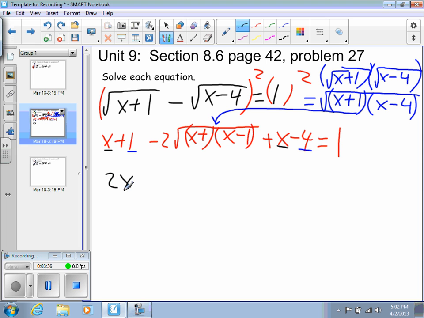So I have 2x, and then when I combine my 1's, I've got 1 minus 4, so it's actually going to be, sorry, let me put the x back, and it becomes minus 3,